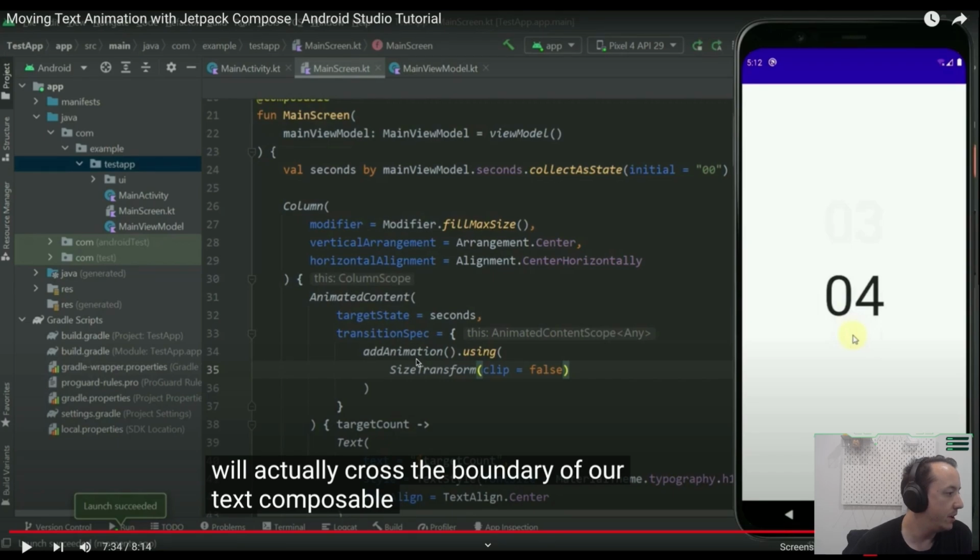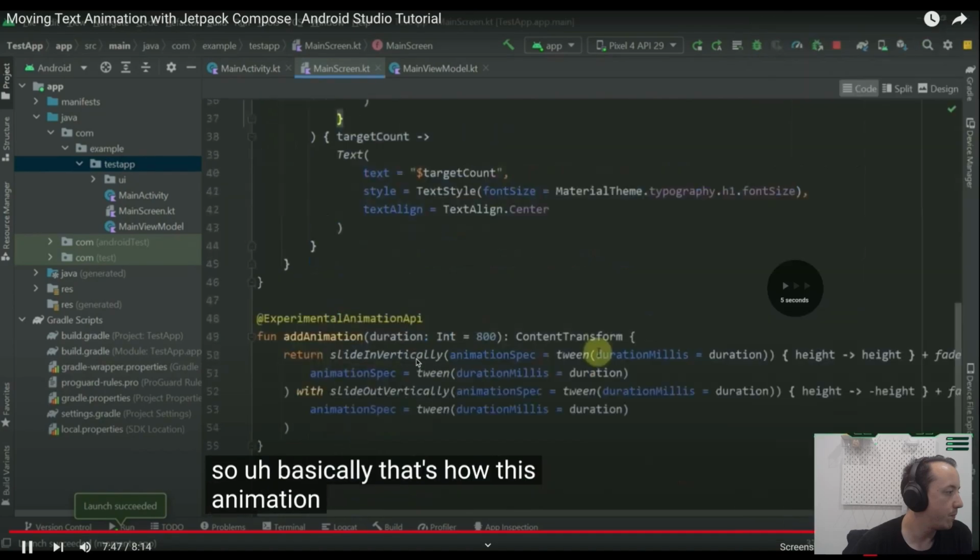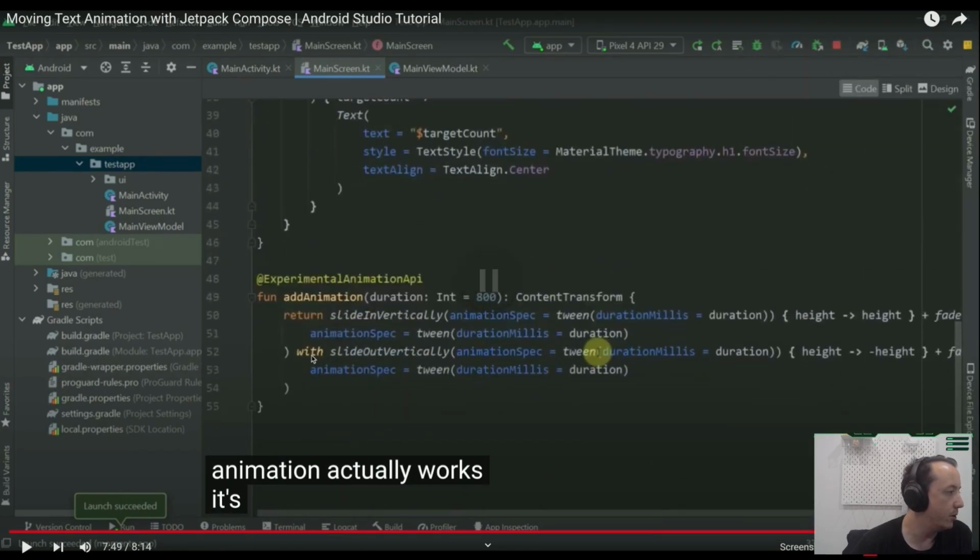Add animation. Okay, right. So I see. So they did a similar thing here. So they have slide in vertically with slide out vertically. They set the height to negative height. Okay, so